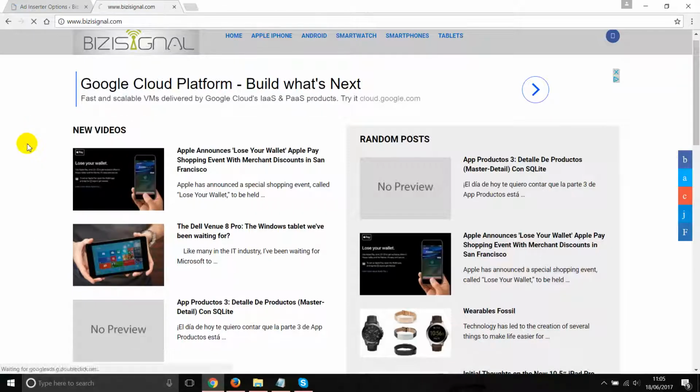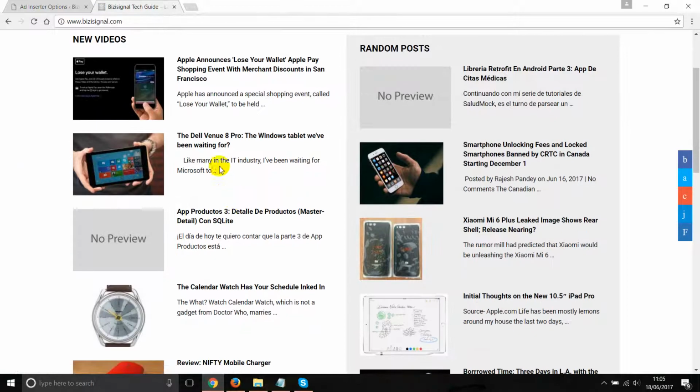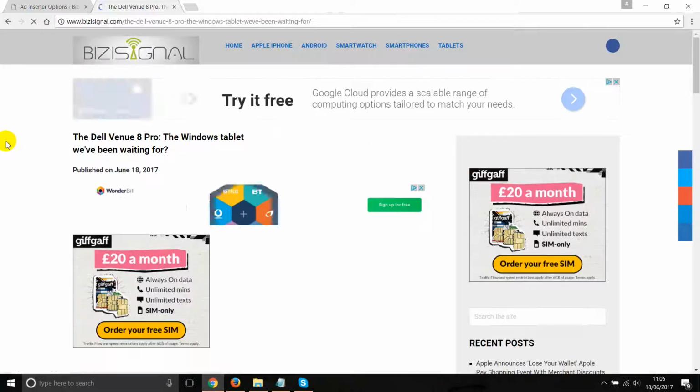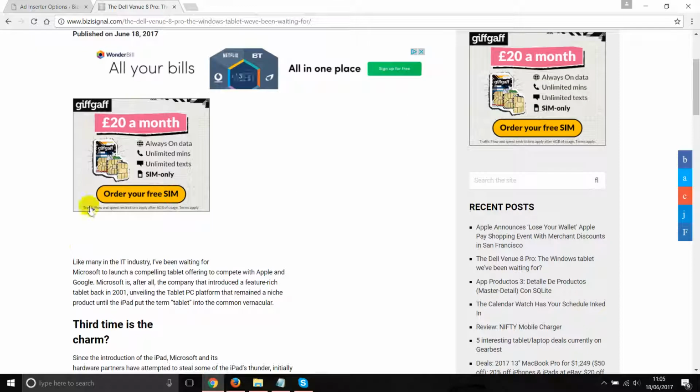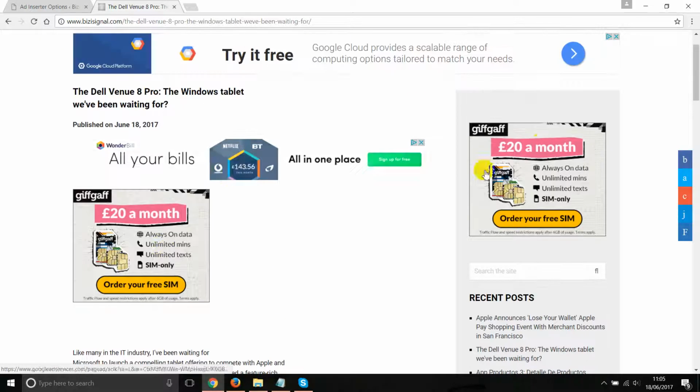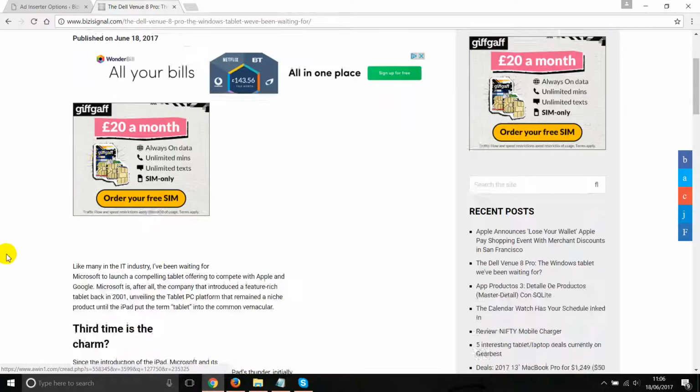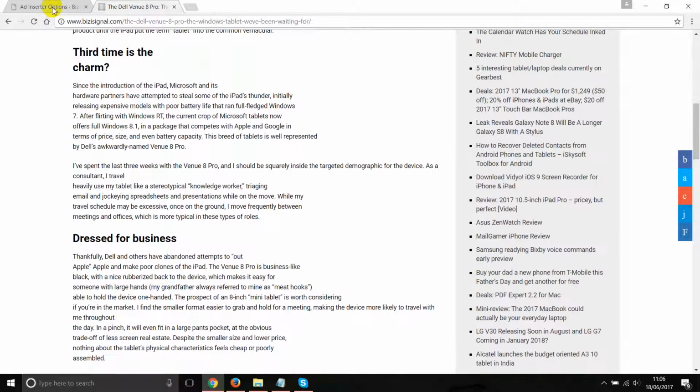Okay, now let's reload, and I'm going to click on any post, and as you can see yourself, the ads start showing. Since you have a banner ad, I included one on the right hand side, and I'm going to remove this one. I just want to show you how to install it anyway. Okay,